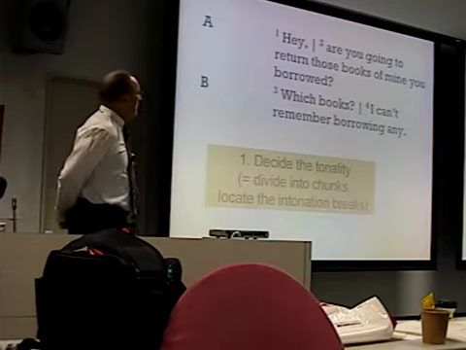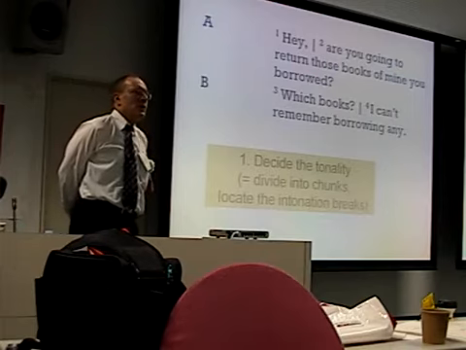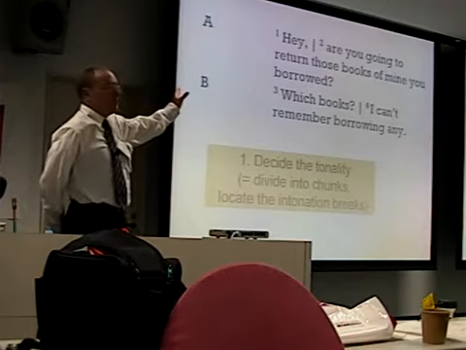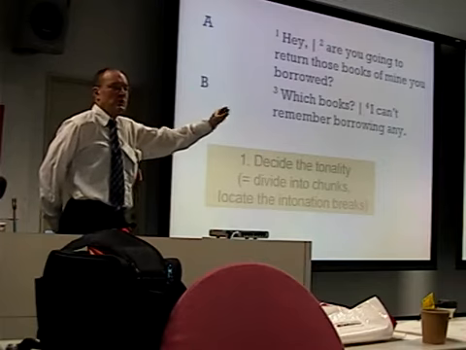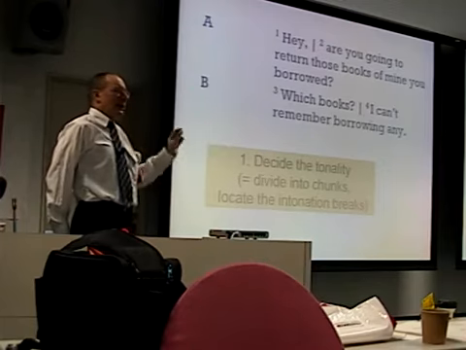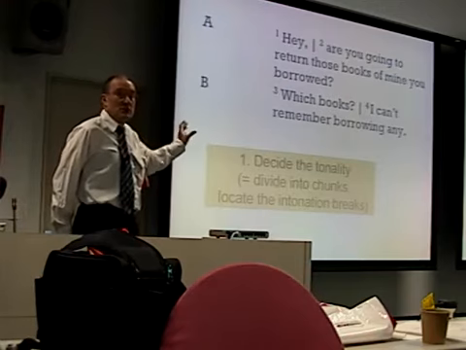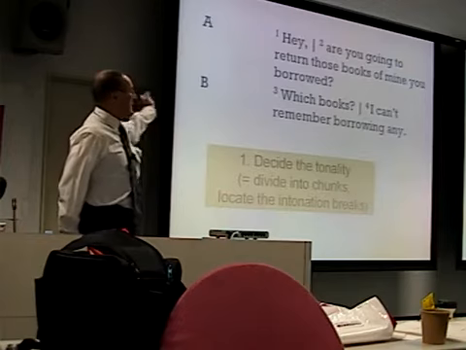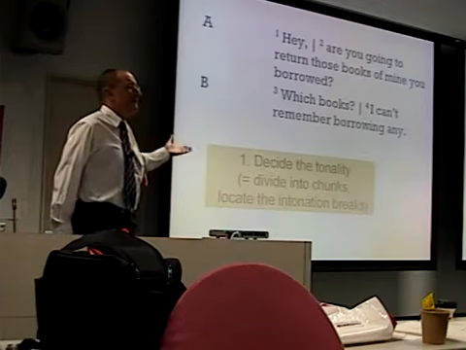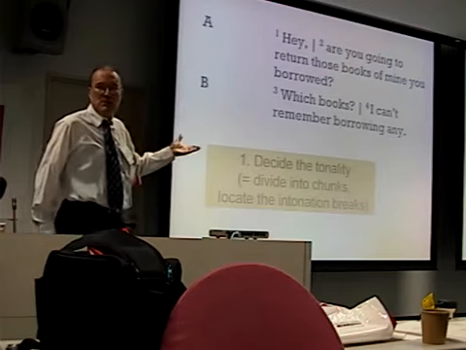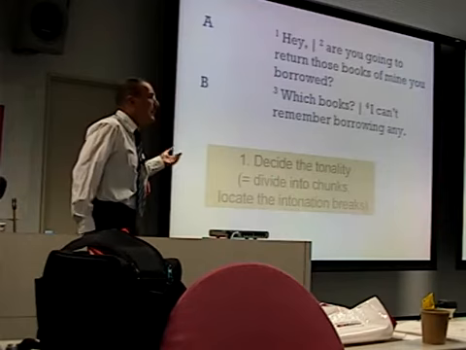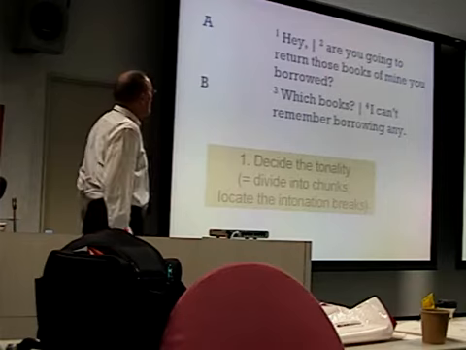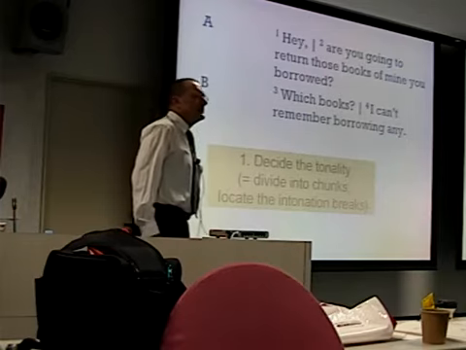The problem is that this is one of these constructions in which an object noun phrase has been moved, namely the object of borrowed. You borrowed some books. In English, when we make a WH question out of the object, we move the whole noun phrase to the beginning, and we're left with a gap after borrowed. So the verb is now final. Transitive verb in final position, which is an unnatural place for a transitive verb to be. And the intonation, in fact, reflects this. Where does the nucleus go? Any ideas? Not on borrowed.